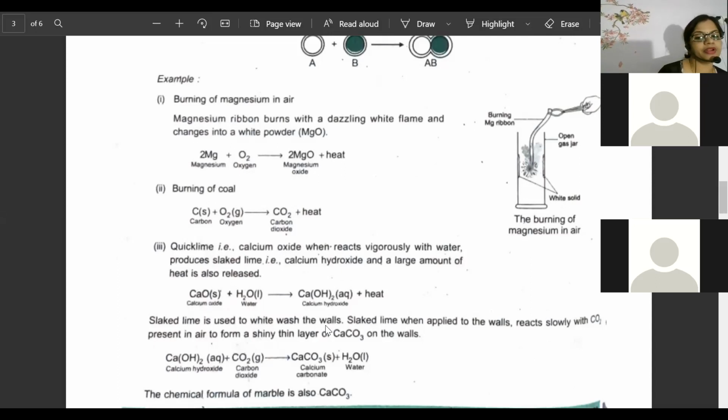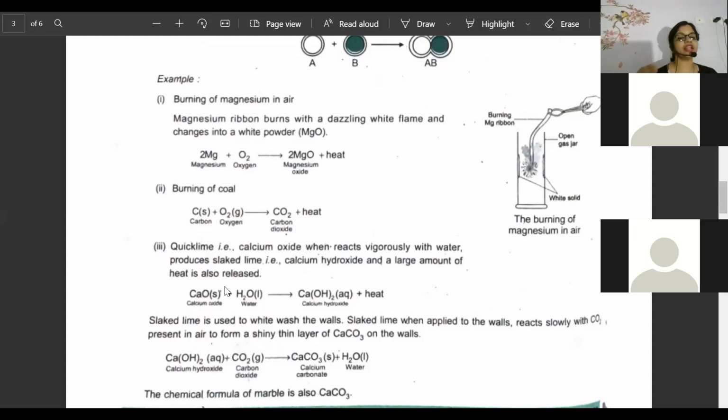Beta, dry calcium oxide you cannot use. Calcium oxide dry will be in solid form. You cannot use it. What you can do is take this calcium oxide and add water to it. The moment you add water, it will become calcium hydroxide. So quicklime will get converted into slaked lime. Quicklime, slaked lime. The stone of lime, when you add it to water, will get converted into slaked lime. The slaked lime formula is calcium hydroxide.